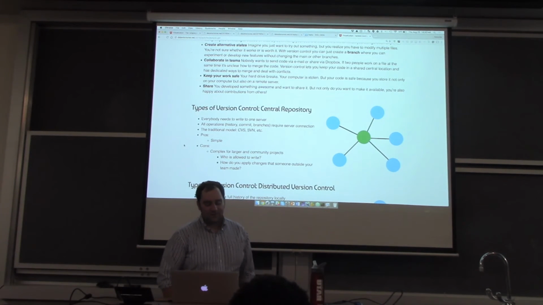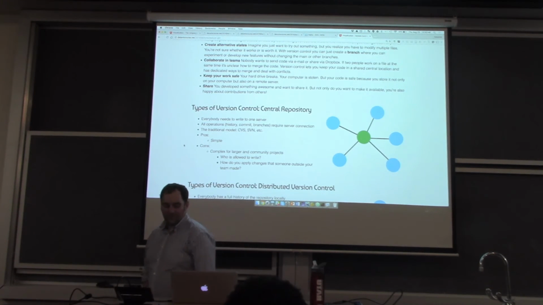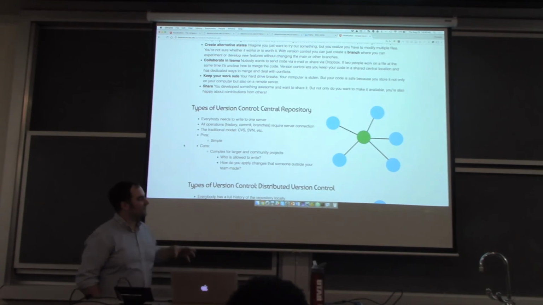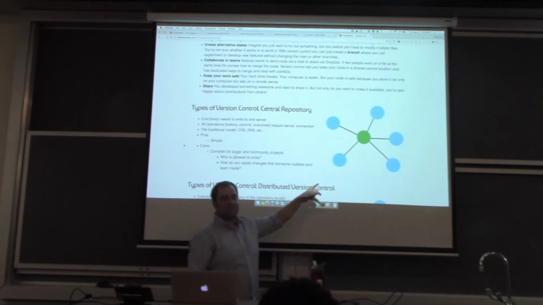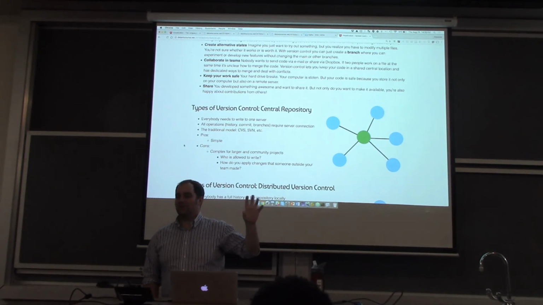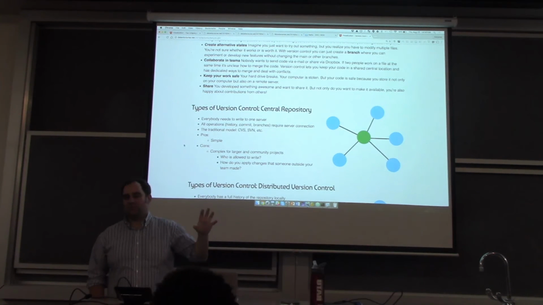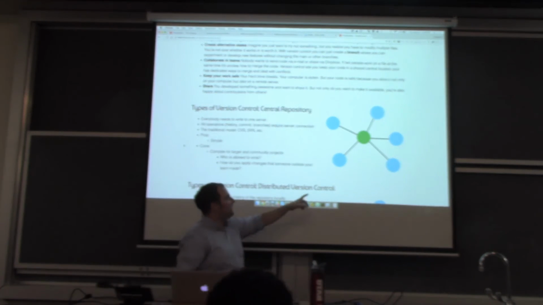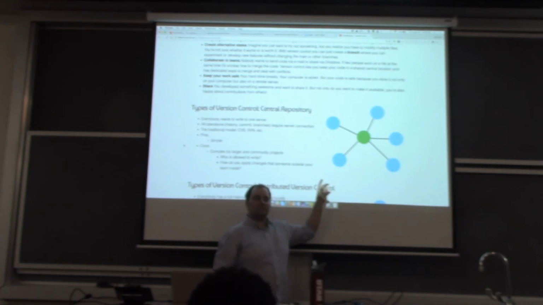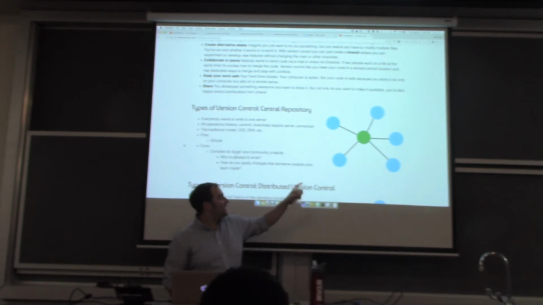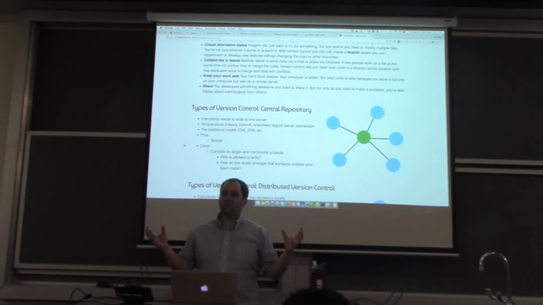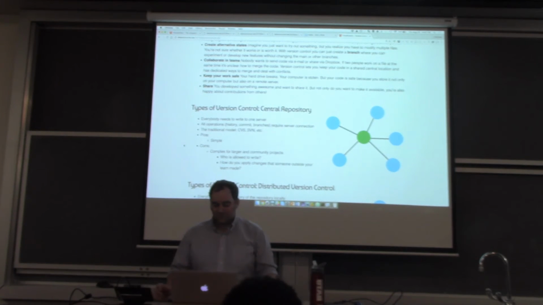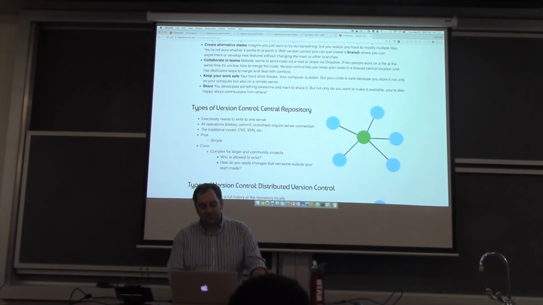So the idea of central repository version control is that you have clients that are being worked on, and then you have one big server that stores all the versions, everything that goes in. So you have very light versioning on the client, and everything that happens is on the server. It's a very simple model, like a standard client-server star-based model, but it is complex for